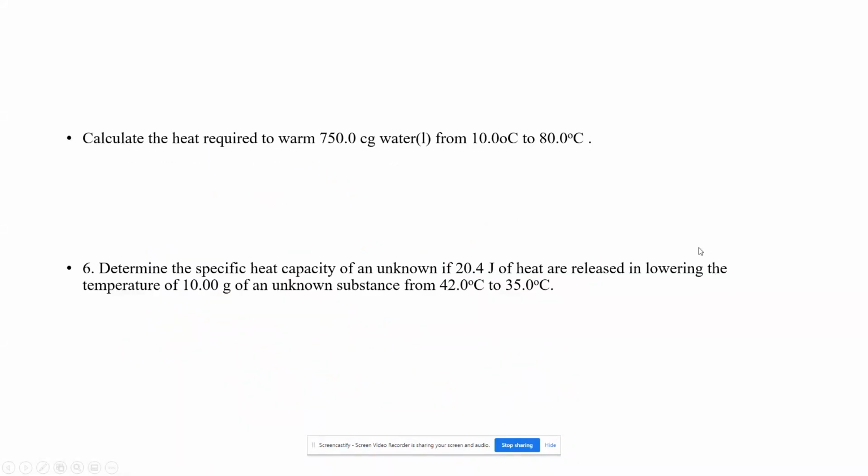So to do these calculations, you're just going to list out the variables. It's the end of the year, don't worry about a centigram. Let's just change this to a gram. So calculate the heat required to warm